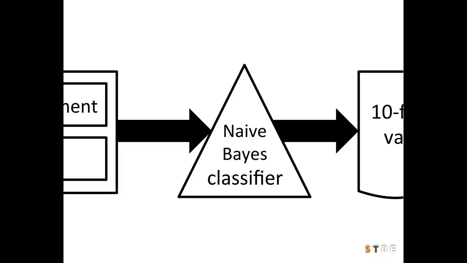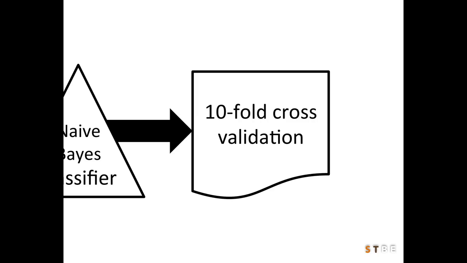And then we use that information for each post as training data for a naive Bayes classifier, which is one of the simplest classifiers that is actually known to perform well in text classification. And then we perform tenfold cross-validation to evaluate the performance, meaning that the training data we were using,